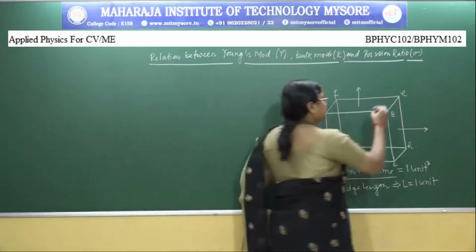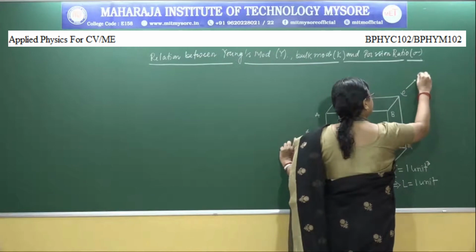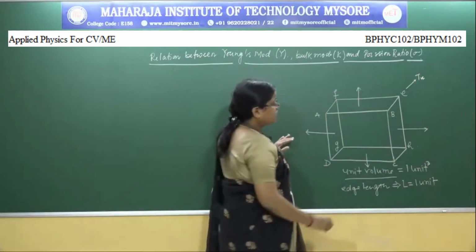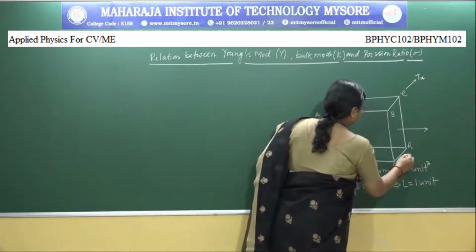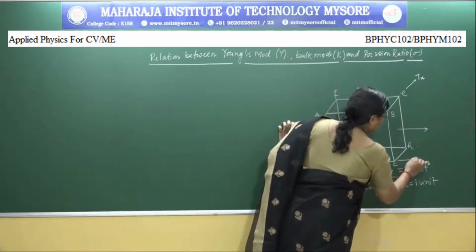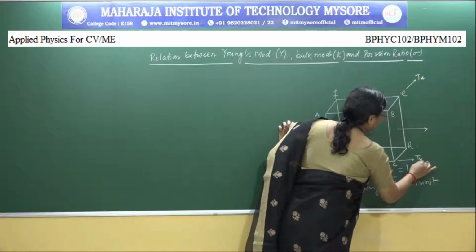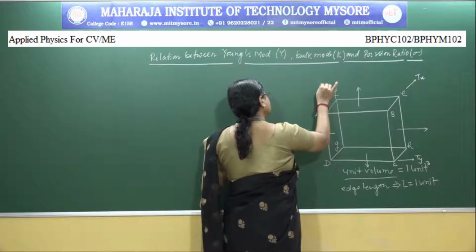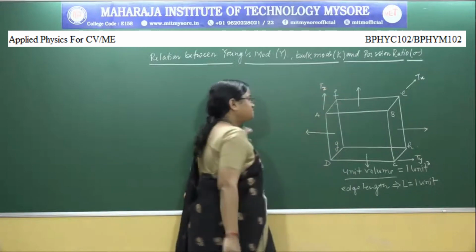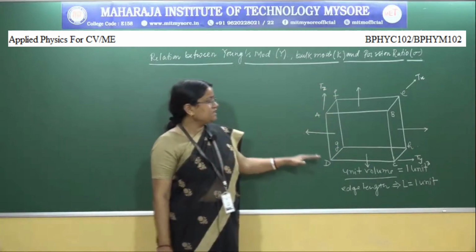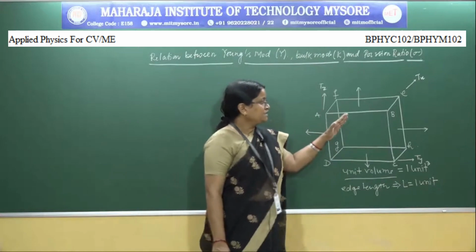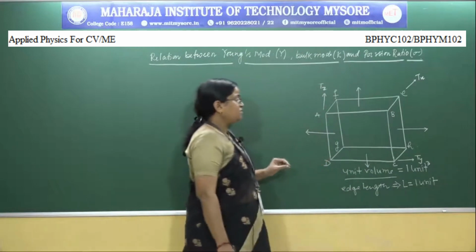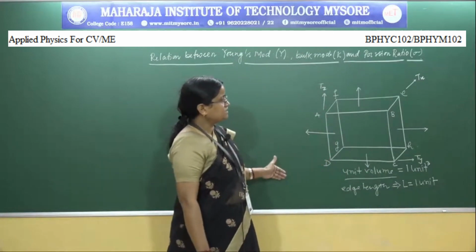So we consider that along x axis the tension is Tx, along y axis the tension is Ty, and along the z axis the tension is Tz. So when the tension is applied along the direction x, y and z equally, individually we will consider first